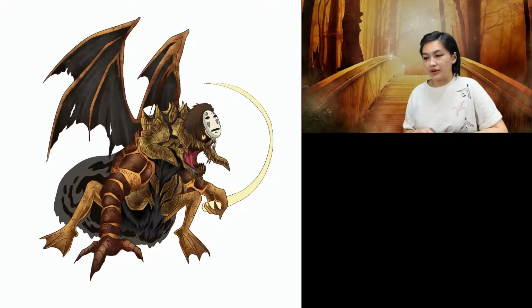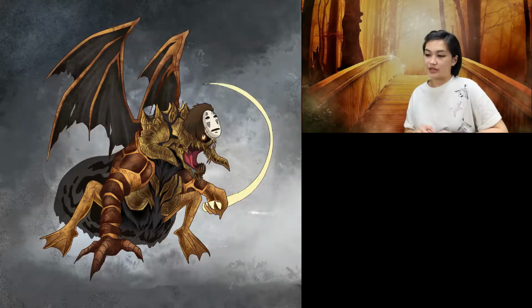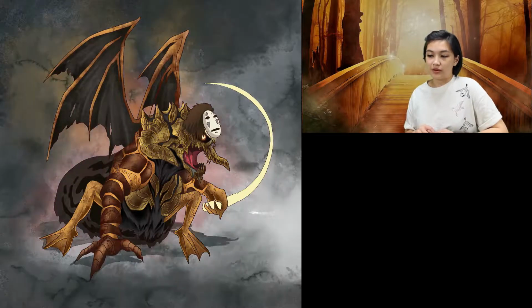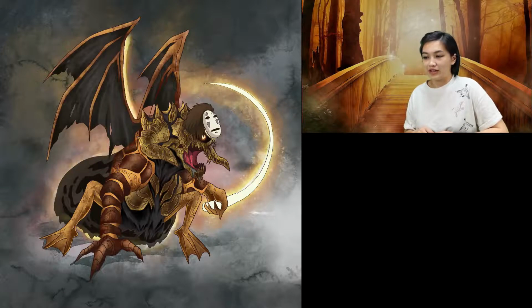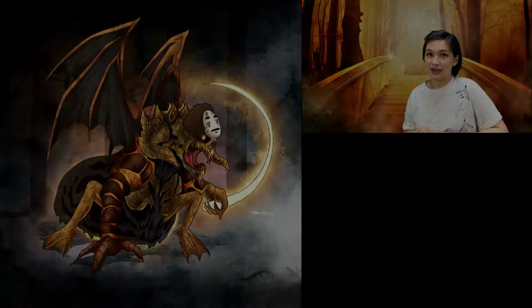This was a really fun challenge. I wanted to go above and beyond trying to depict how No-Face would turn into this Balrog outward appearance, and I placed him in this space where the Fellowship encounters the Balrog. So I hope you enjoyed my version of the Balrog No-Face mashup.